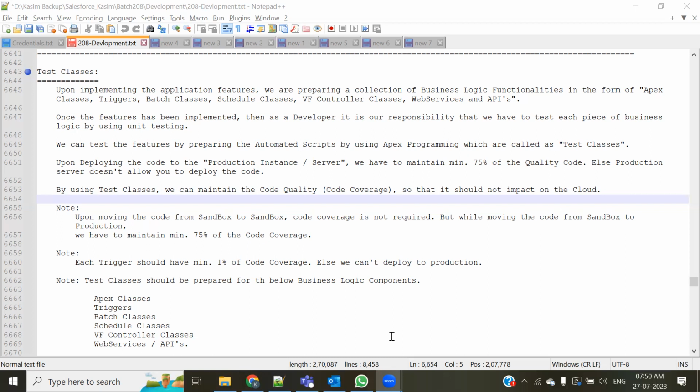For example, if you have created a flow, an object, a custom field, a report, made certain changes in the profiles, or created a new permission set, you can deploy every non-coding element directly, and it would not ask you for any sort of code coverage. So that is the reason